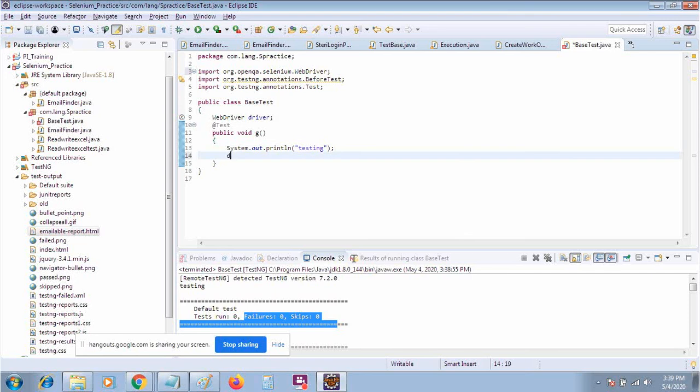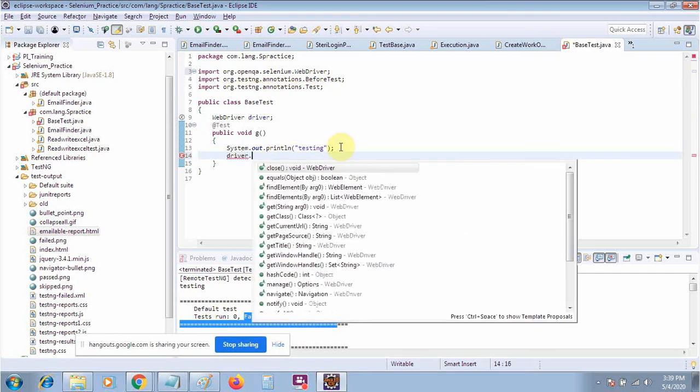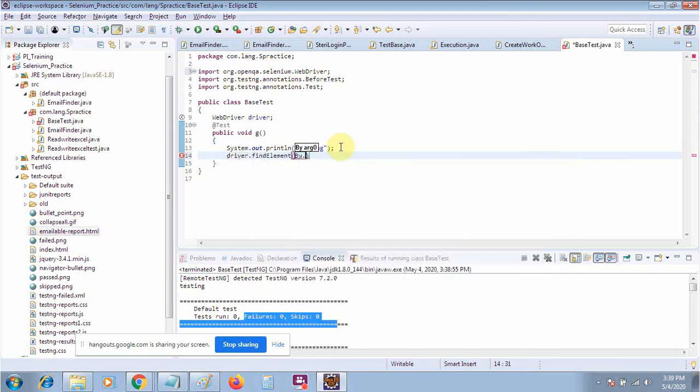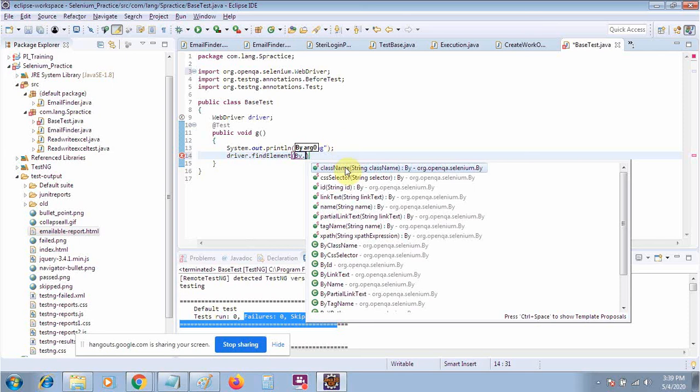So if I write driver.findElement, okay, and I will say By dot. So always remember what kind of locators you will get. The locators you will get are class name, CSS selector, ID, link text, name, partial link text, tag name, XPath. We will count, this will become near about 7 to 8 locators. Now always remember, if you are finding anywhere the ID, then best use the ID, because ID of each element in the DOM will be unique.